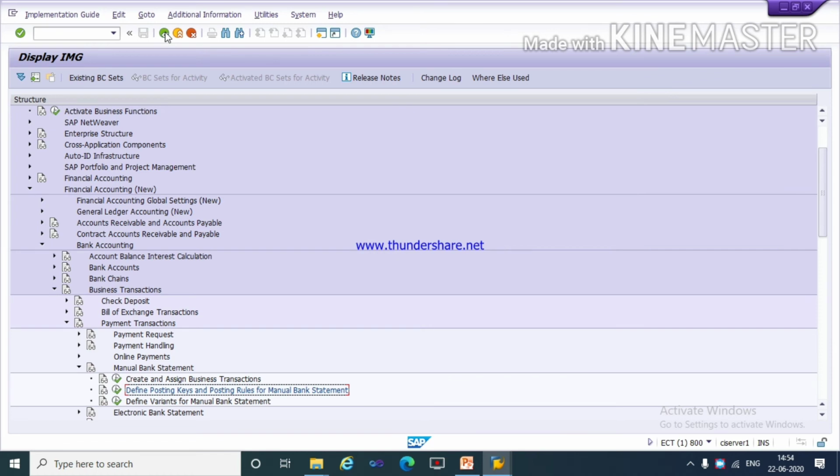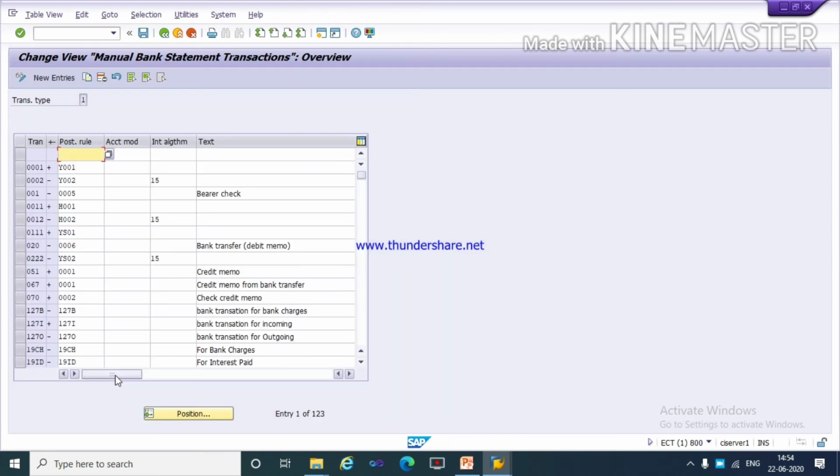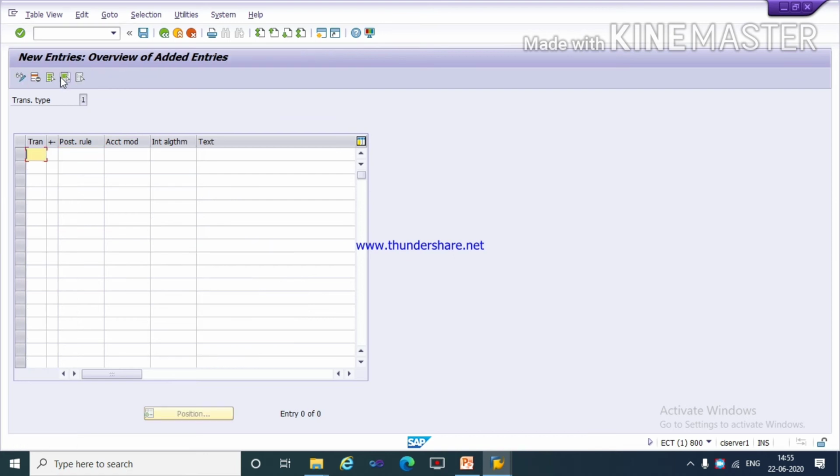Before creating define variant, we will create and assign business transaction. Here we will click on this, create and assign business transaction. Click on new entries. Then here you need to create and assign business transaction.